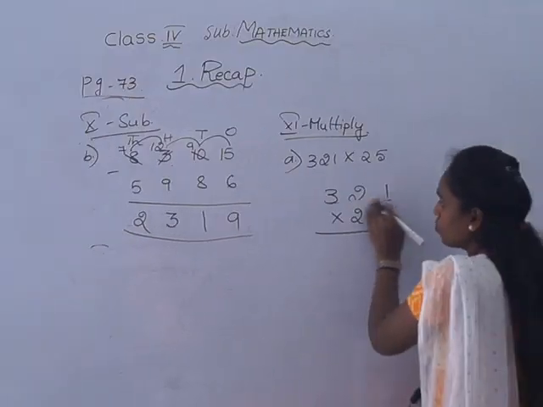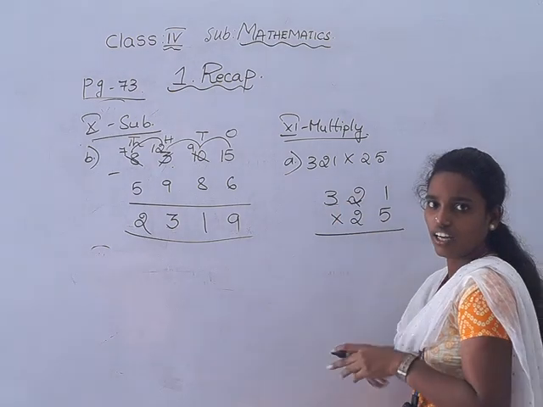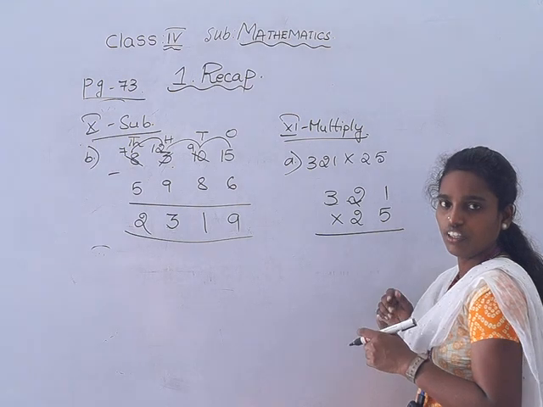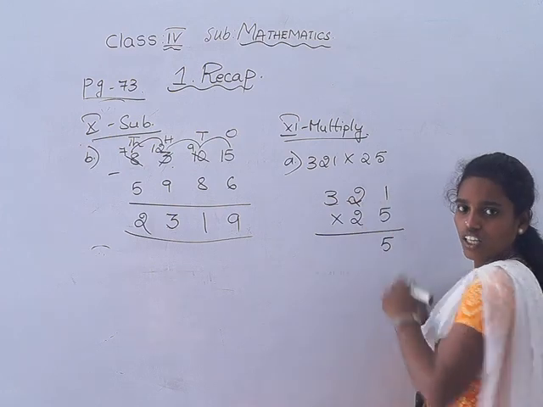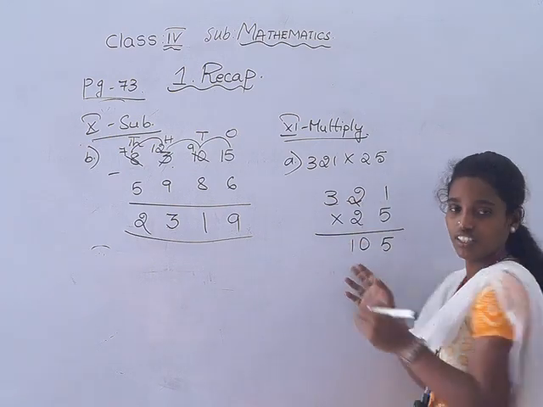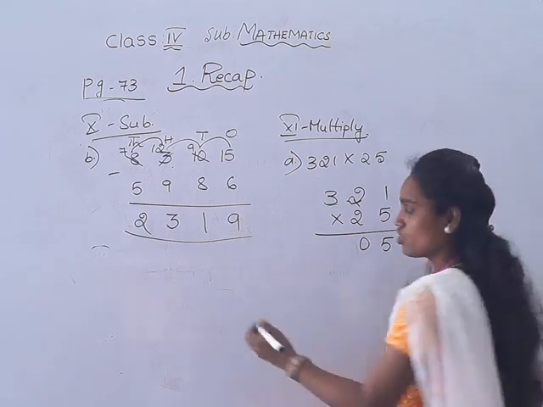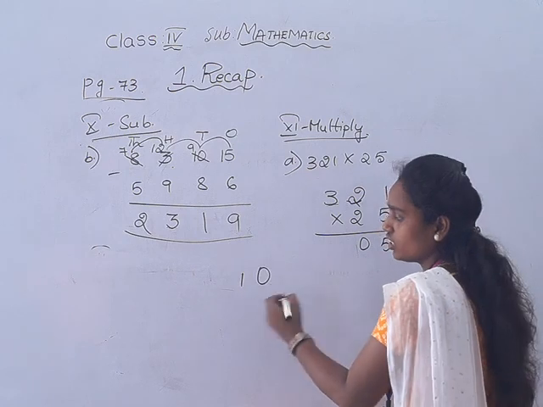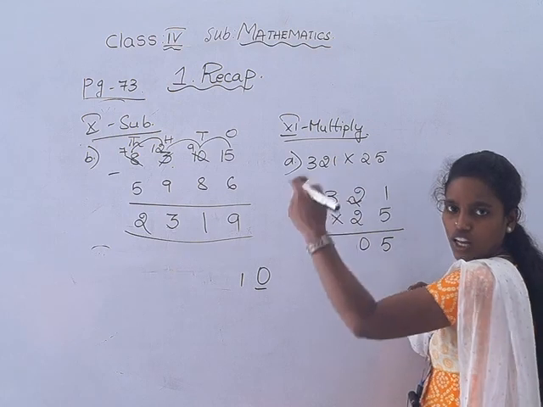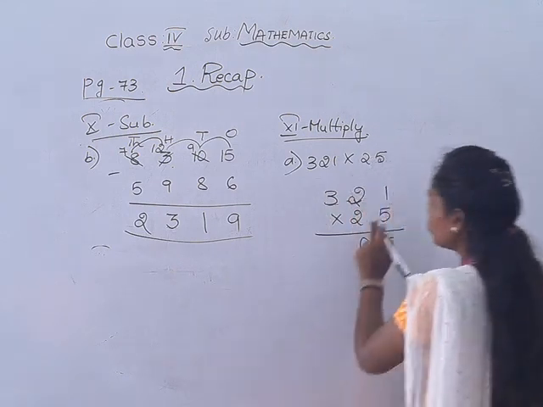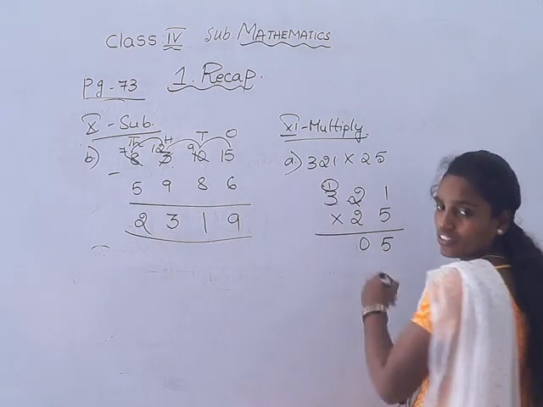So first we will multiply with the first number. What is the first number here? 5. Do you have an idea about the 5 table? Yeah, tell me children. 5 ones are 5. Very good. 5 twos are 10. We should not write it here like this. No, it is wrong. Already we have learnt in additions and subtractions, if there is 10 or anything, ones place should be written here only and tens place should be taken as carry to the other place. So 5 twos are 10. So we are writing 0 here and 1 as carry to the hundreds place.